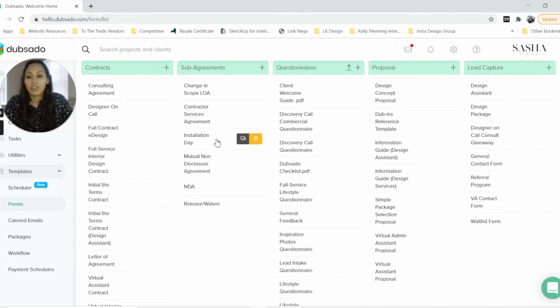I also have even an installation day sub-agreement, so that when we're getting ready for the actual installation day, the client can sign off on some of their responsibilities, as well as other documents. I do also have my questionnaire, so I have my client welcome guide. You see here where it says PDF, you actually have this option where if it's something like a PDF, like your client welcome guide or Dubsado checklists,